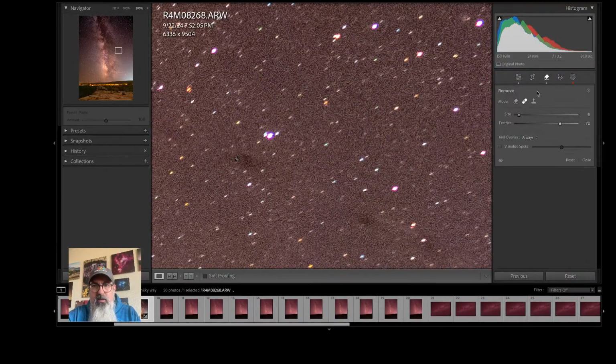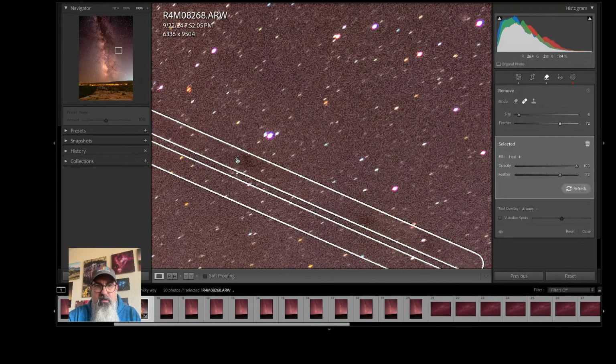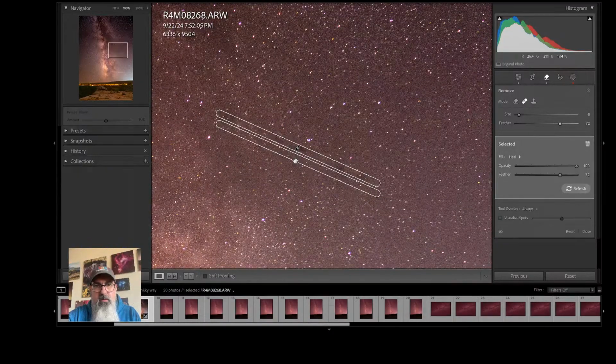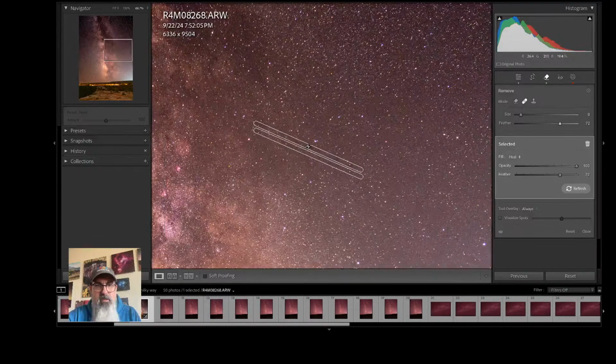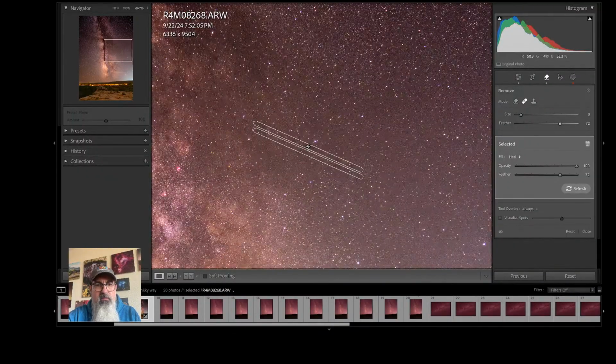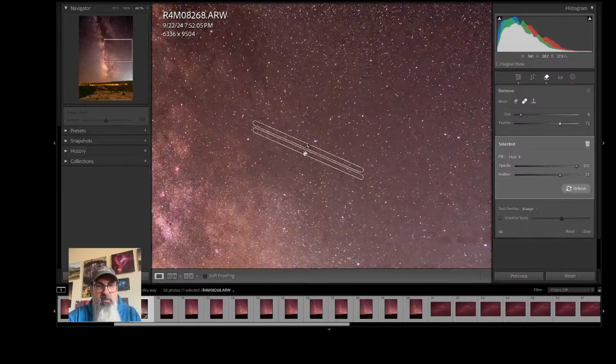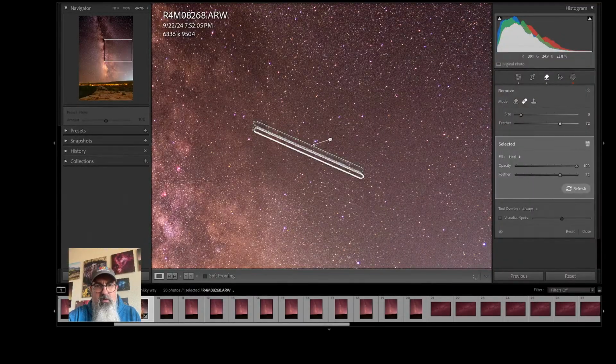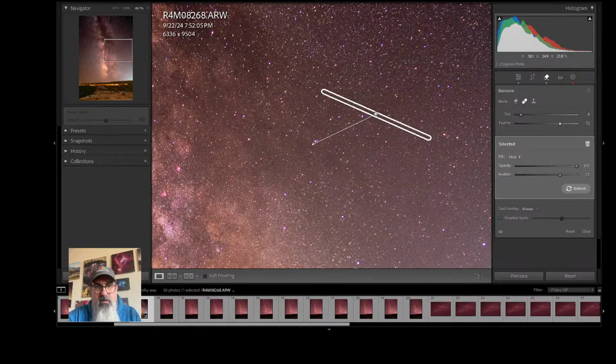So if we go back here, I think we can accomplish better than this. So we have a few options now. One thing I immediately notice is that the area that is selected to do the replacement is kind of part white in the Milky Way. So that will potentially cause the weird blends to happen, because it might take some dark cloud, dust cloud areas of the Milky Way and try to blend it with this other part. So we might be better off moving the blend to a different part of the image. So if we drag it over here and see if it gives us a better result or not,